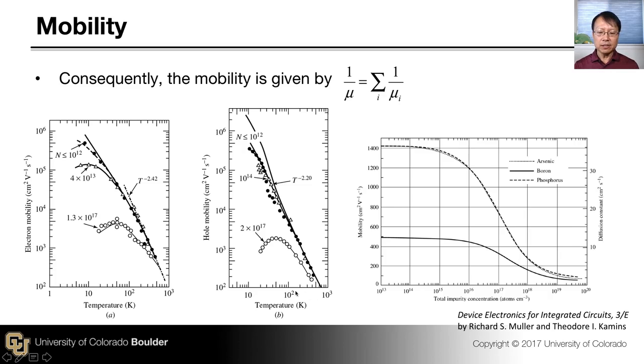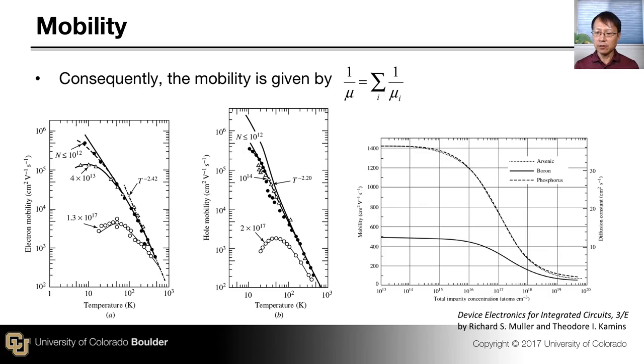Now, as you decrease the temperature, phonon scattering becomes less and less efficient, and at some point, the phonon scattering rate becomes smaller than the impurity scattering rate. And the impurity scattering has an opposite temperature dependence. In other words, the scattering rate decreases with increasing temperature. So that's why you see this change of this maximum here, and at very low temperature, the mobility has the opposite temperature dependence. It increases with increasing temperature here. And that's because at very low temperature, impurity scattering dominates, and you're seeing the effect of the impurity scattering in